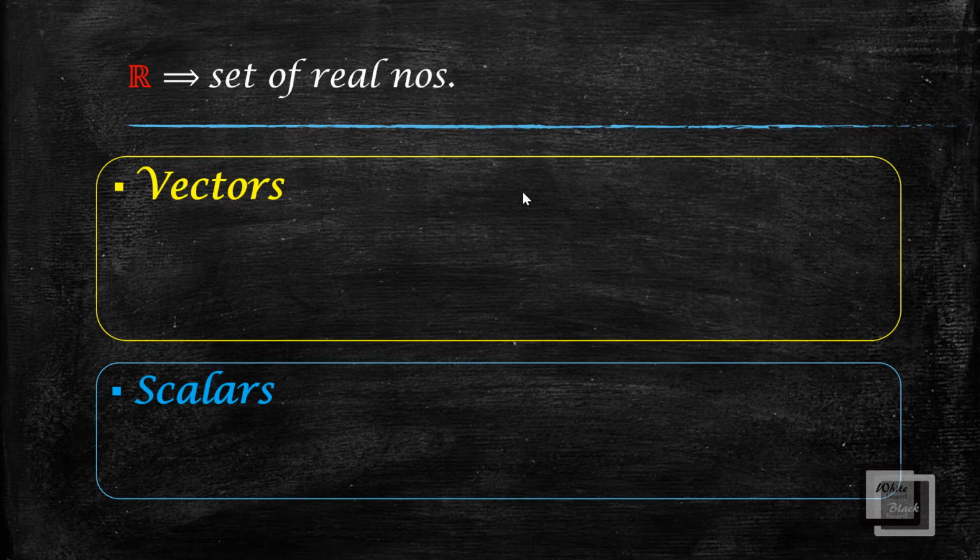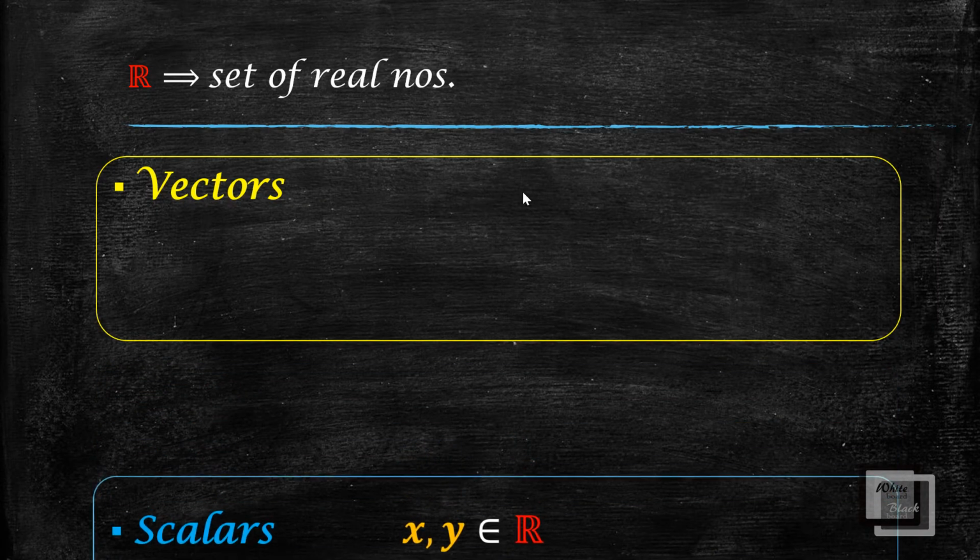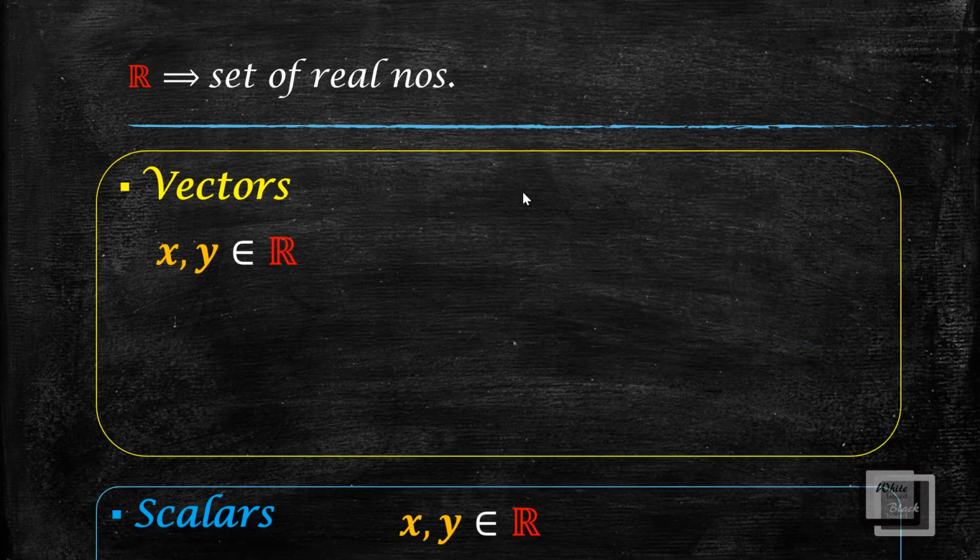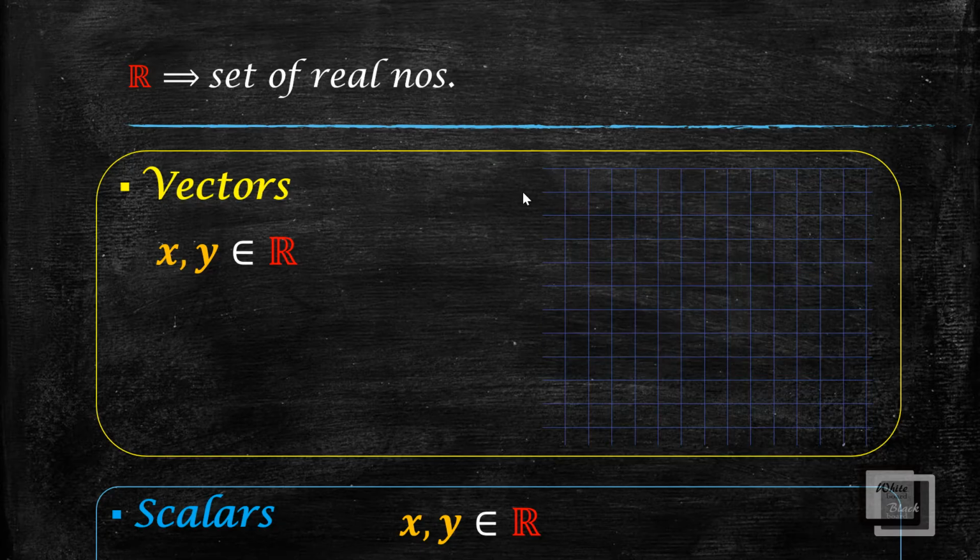Let R be the set of real numbers. Then any elements x, y belonging to R are called scalars. So with the help of these two scalars x and y, I will try to represent a vector. I had already assumed that x and y are scalars that belong to the real numbers R. Draw a line of magnitude x. So here I have drawn a line of magnitude x